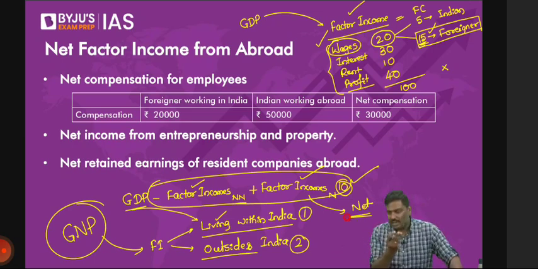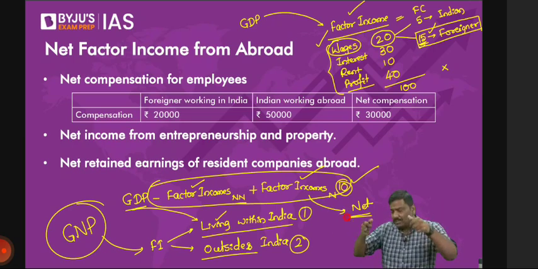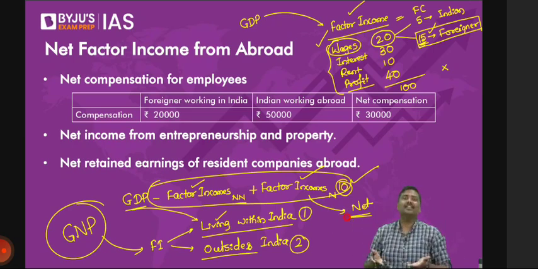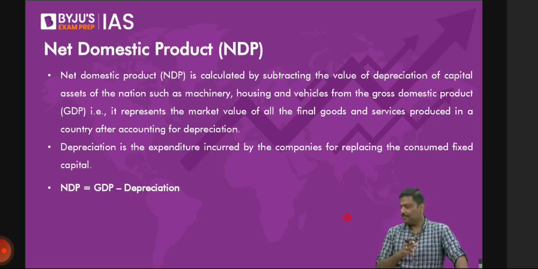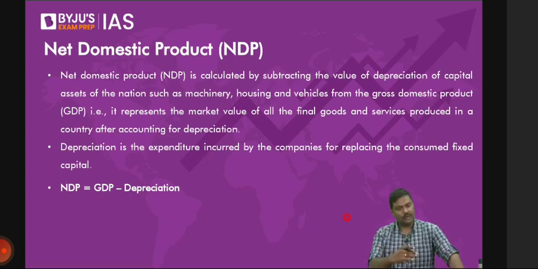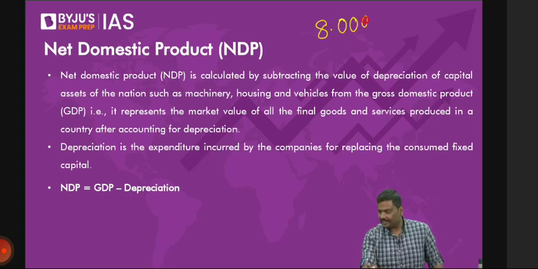If GDP is greater than GNP, what is the meaning of it? The factor incomes generated by non-nationals are higher in India compared to how much we receive. That's a problem. In the sense, we are more dependent on foreign companies and foreign capital in India. That is a concern. That is basically the idea of GNP. Any doubts here? Okay, let's take a break. Before I go forward to the next one, NDP, let's take a break. We'll start again at 8 AM, not PM, AM.